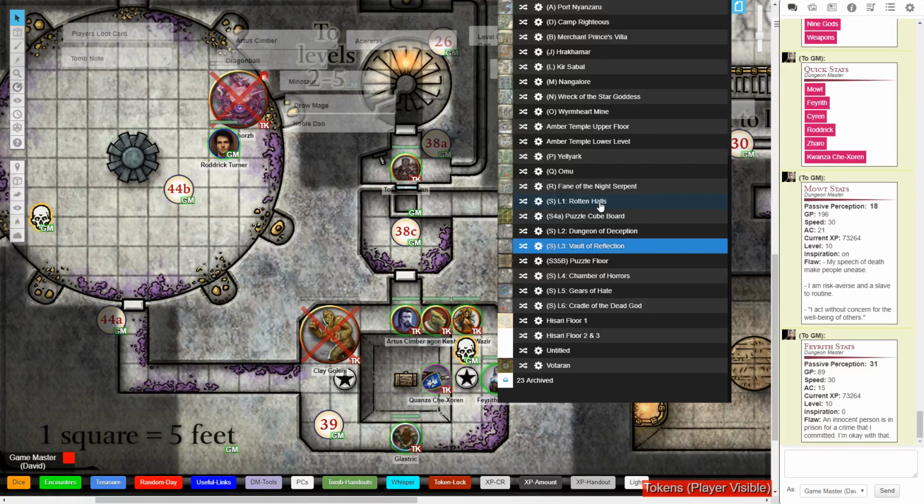The Druid in the group, Mowt, along with the Bardic Inspiration from Roddrick, made the most difficult dispel magic check I've seen, a clutch one. So that was very interesting. They ended up finally beating the beholder, but